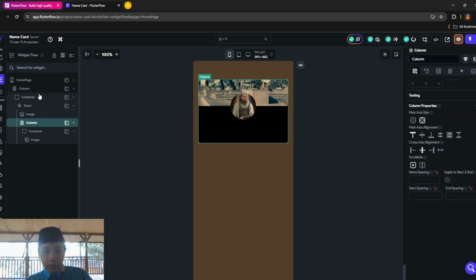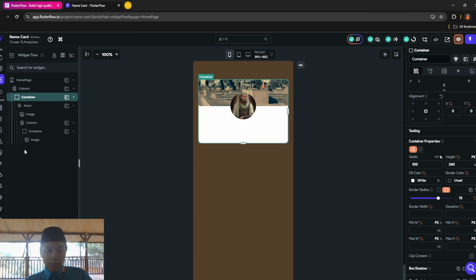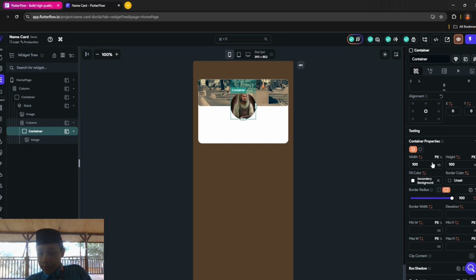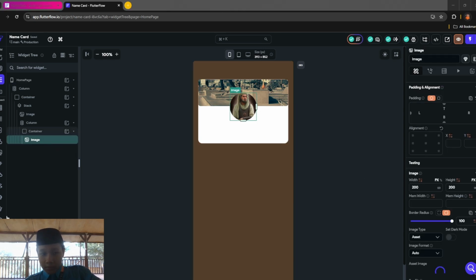And then after that, make the container white. And for this container for the image, you want to make the width 105 and the height 105. For the image, set the alignment to the center.